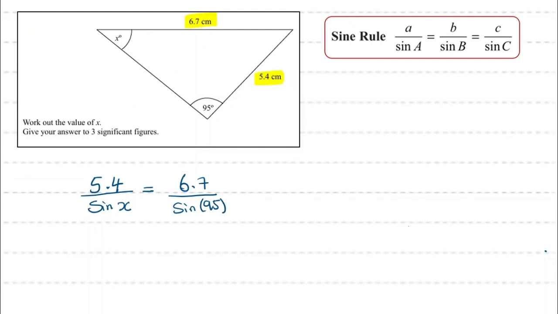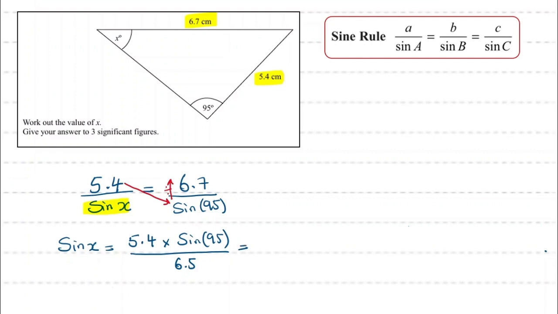95 degrees. We are trying to find the size of angle x, but angle x is inside sine, so we have to cover all of sine of x. And we use cross multiplication by cross multiplying 5.4 and sine of 95, and then divide by 6.7. So we write sine of x equals 5.4 times sine of 95 divided by 6.7. We plug this in our calculator